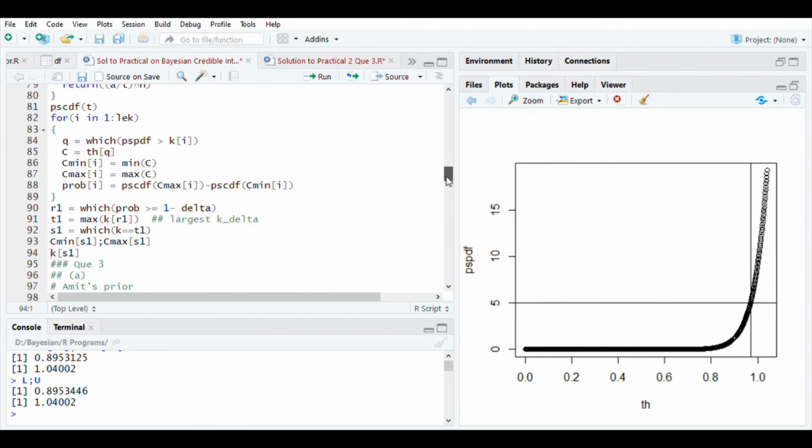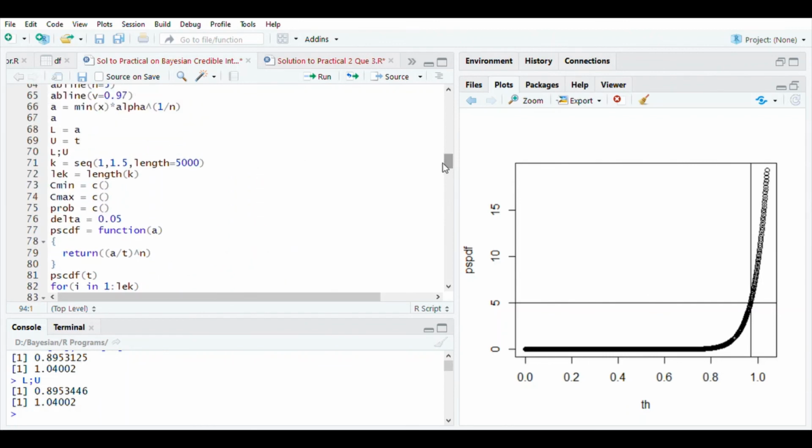So instead of going by the longer route, that is inverting the PDF and then simplifying the answer, in the case of monotone posterior distributions we can simply obtain the interval by identifying the exact nature of the posterior distribution. If it is increasing, then the interval will always be of the form a to the upper possible value of the parameter. And if it is decreasing, that is, if the PDF is a decreasing function of theta, then the interval will always be of the type lower limit of the parameter to some point, say a.